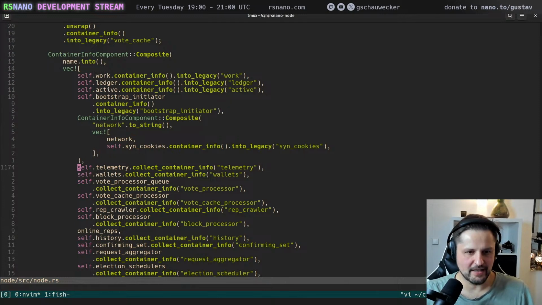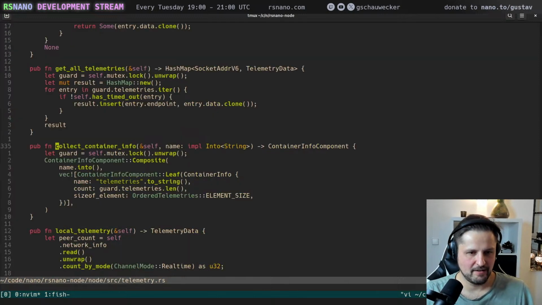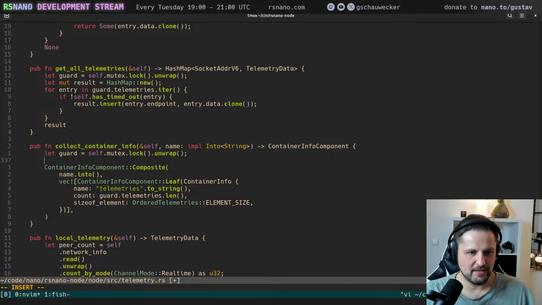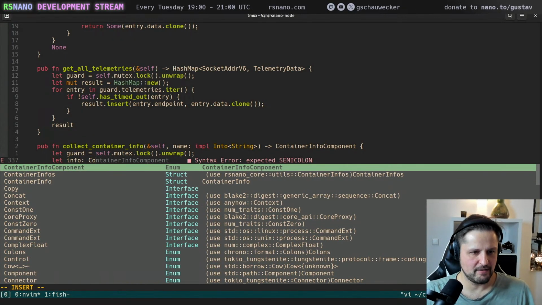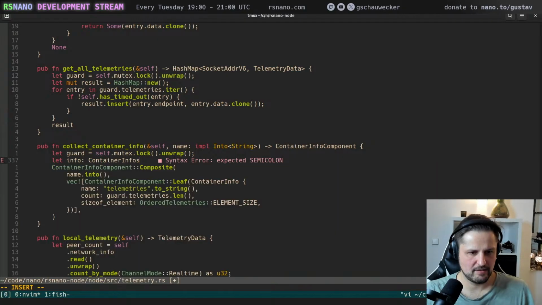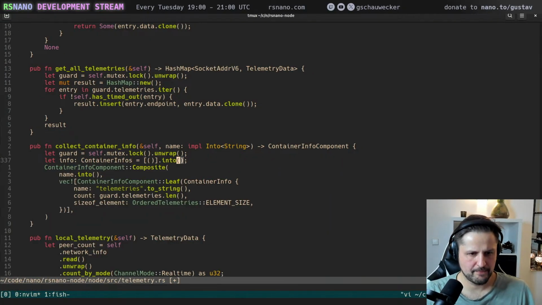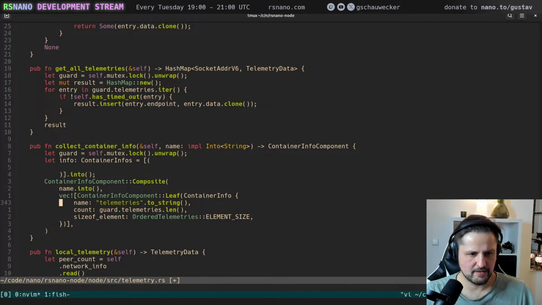Into legacy. So the next one is telemetry. Telemetry is container infos. So this is that.